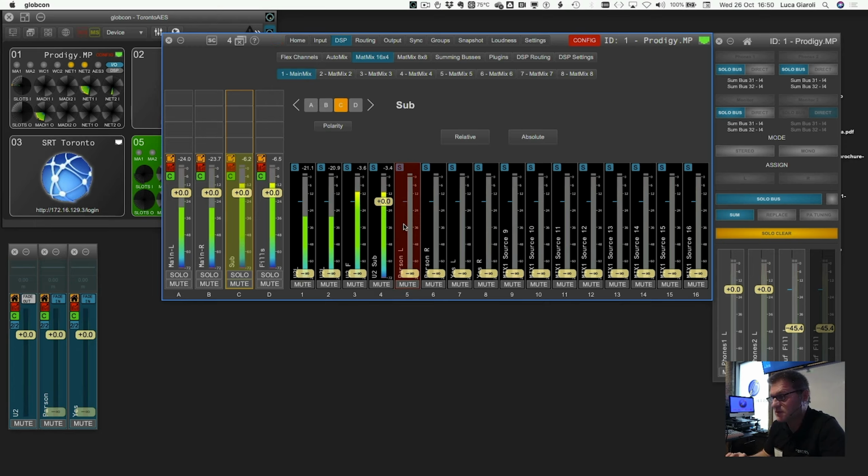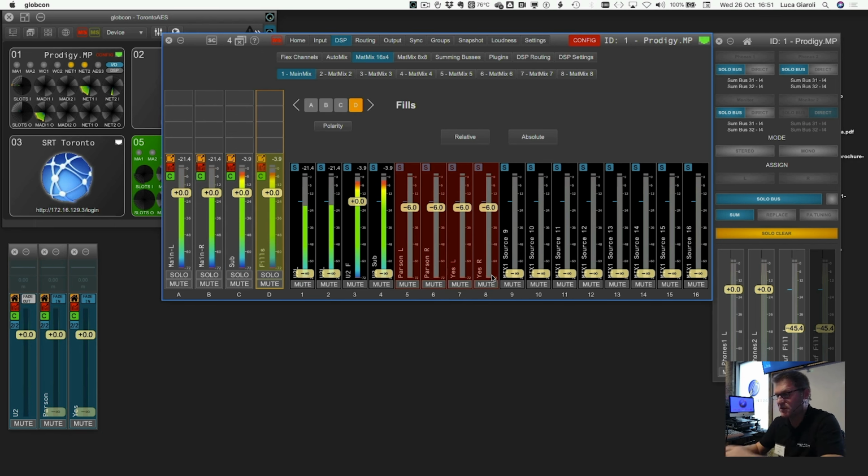So easy. Help yourself. Get the left and right, and put them at -6, and you have a perfect mono sum to feed your subwoofer. The same for the fills. Get Alan Parsons left and right sub and fills, and create your -6, and you have the perfect feed for the subwoofer. It's not by coincidence that you are having